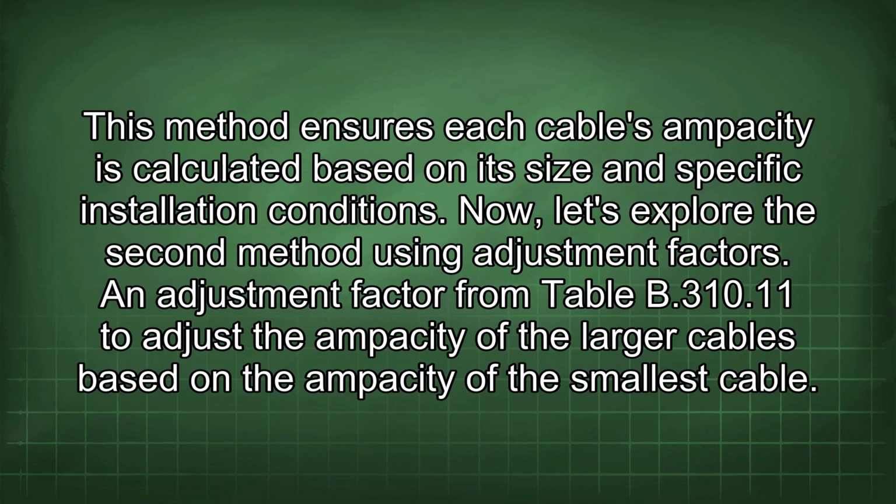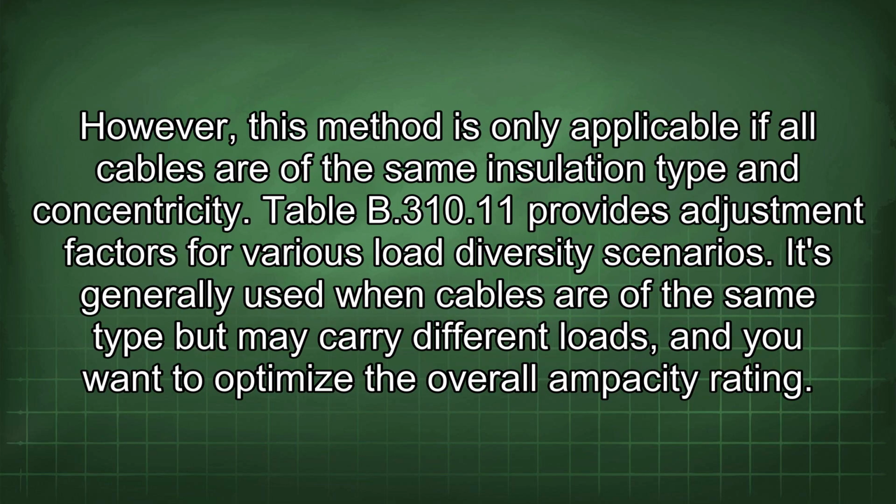Now let's explore the second method using adjustment factors. An adjustment factor from table B.310.11 is used to adjust the ampacity of the larger cables based on the ampacity of the smallest cable. However, this method is only applicable if all cables are of the same insulation type and concentricity. Table B.310.11 provides adjustment factors for various low diversity scenarios. It's generally used when cables are of the same type but may carry different loads, and you want to optimize